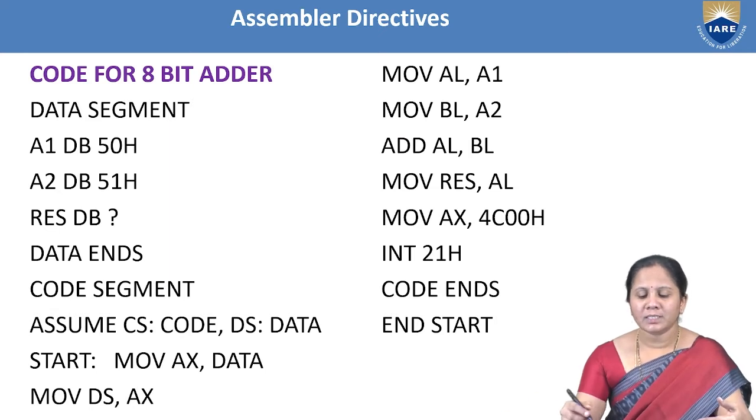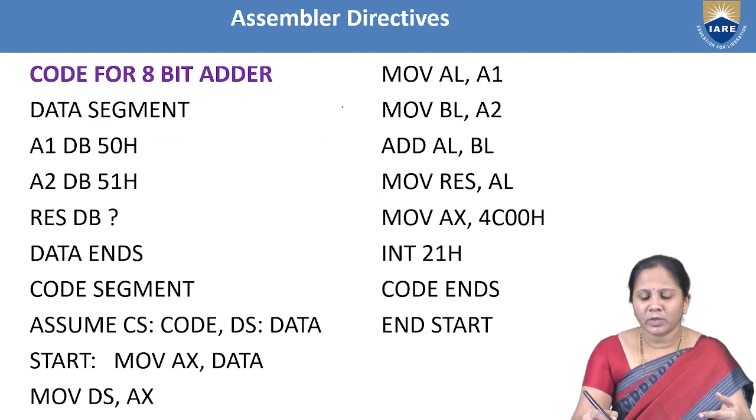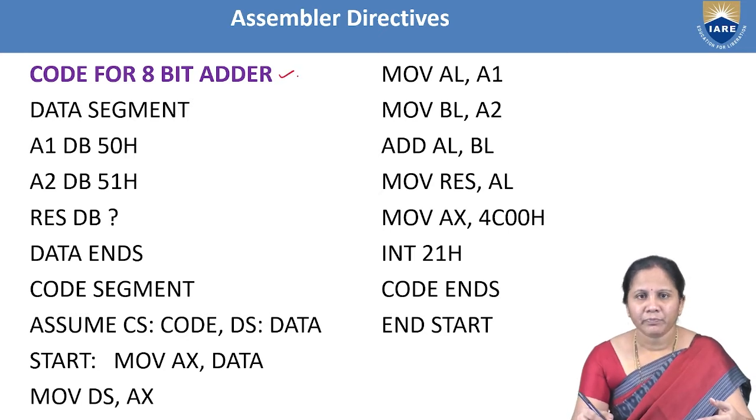Now, let us consider a simple program in order to clearly understand what are called the instructions that come under the instruction set of 8086 microprocessor, and what are the different special instructions that come under the assembler directives. That means for which instructions machine code will be developed and for which instructions no machine code is developed. Okay. So here, for example, we have considered the program.